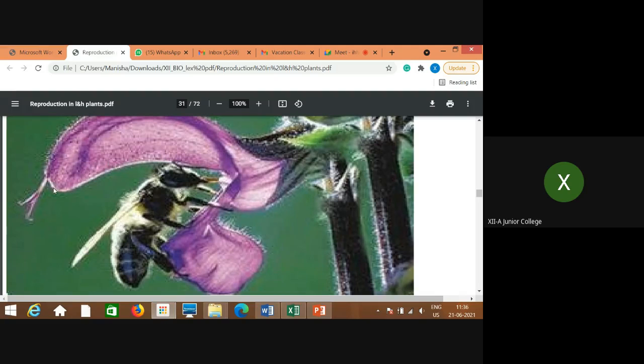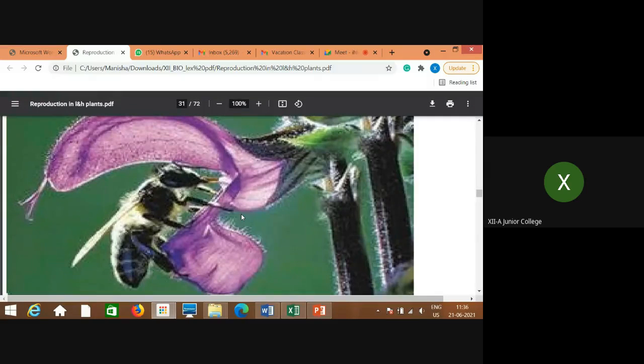Again, one more thing you can observe here: this is the stigma, a long elongated stigma that receives the pollen grains from the body of the insect. So in this way, this is called lever mechanism. Why lever mechanism? Just as a key fits into the lock, in the same way, this is the arrangement or adaptation seen in this flower to favor the insect pollination.